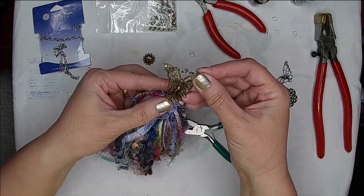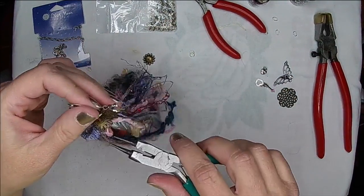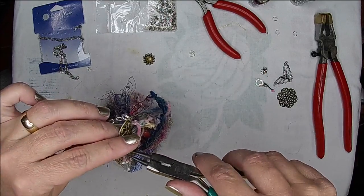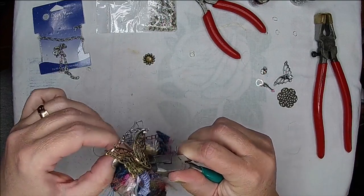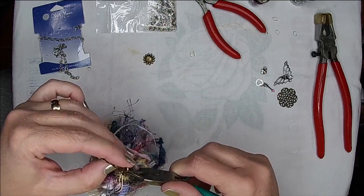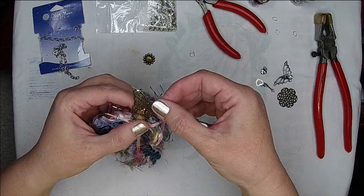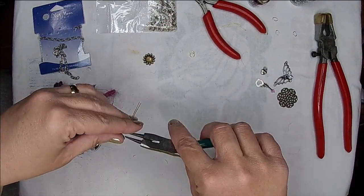But I think I'm going to hang in like that. So I just did kind of like a loop there, and now I'm just trying to see what else I can do. It's kind of like, how am I going to make this work? So I'm just going to put a little circle here. I don't want it too tight because I do want my butterfly to kind of float freely. So do that, and